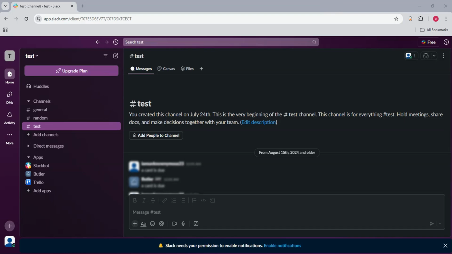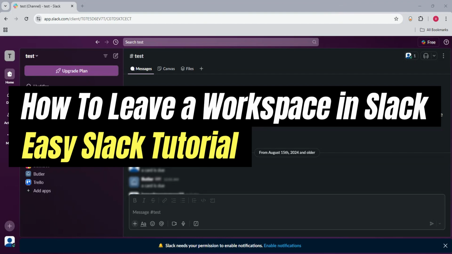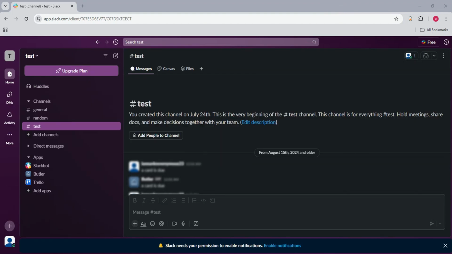In today's video, we'll learn how to leave a workspace in Slack, quit a Slack workspace, easy Slack tutorial. So for us to be able to begin, just go ahead and open Slack onto your browser or the desktop app. So onto this tutorial, we will show you how to leave a workspace because sometimes you may need to leave a workspace in Slack if you're no longer part of a project or if you simply want to declutter